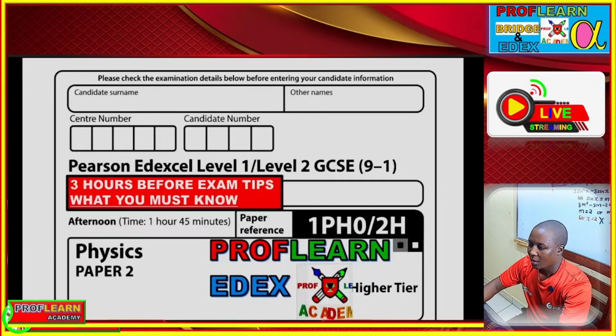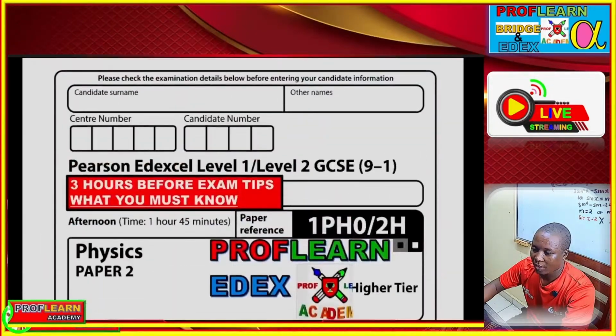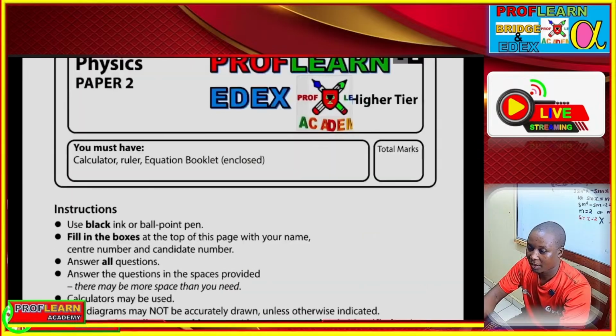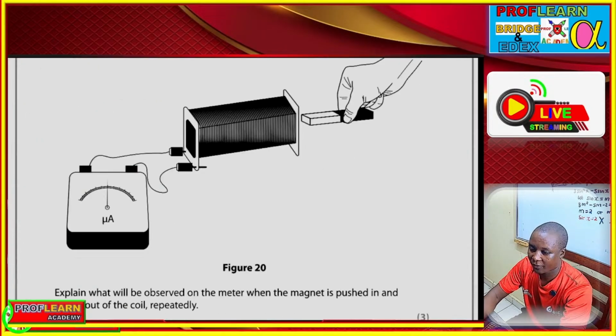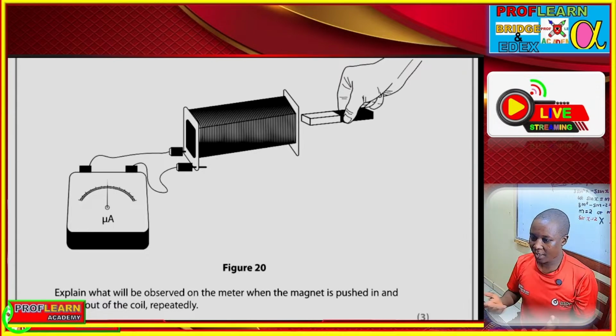All right, so let's get started from the first part. I was looking at this question, and this paper has 100 marks. GCSE Paper 2 H is tested on 100 marks, and this is 1 hour 45 minutes. And the first question that I was looking at here, before my audio developed that issue, I was saying that